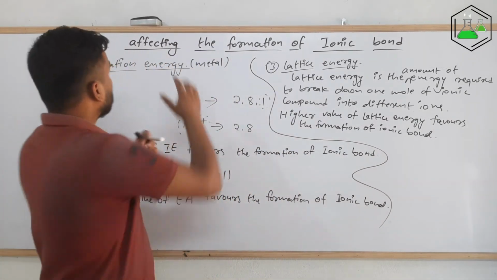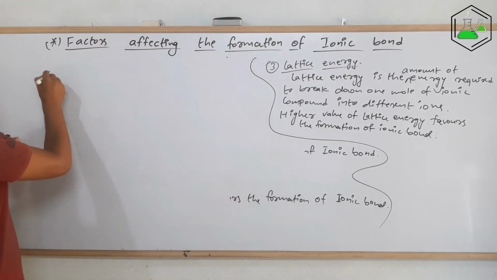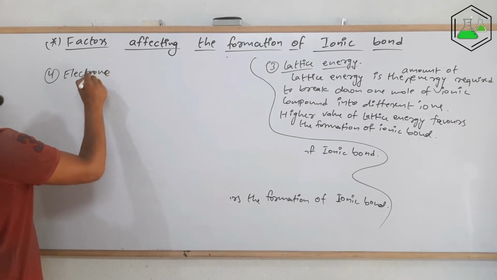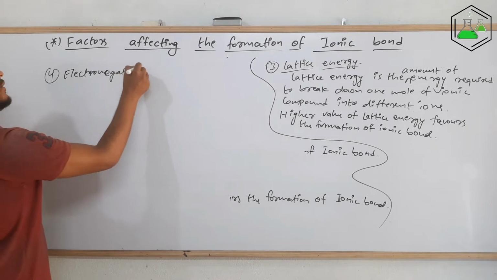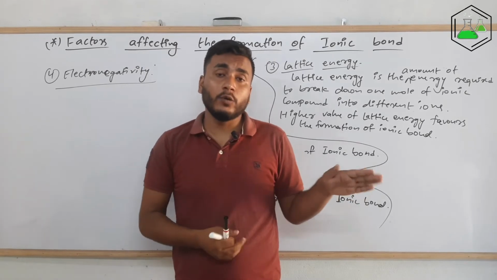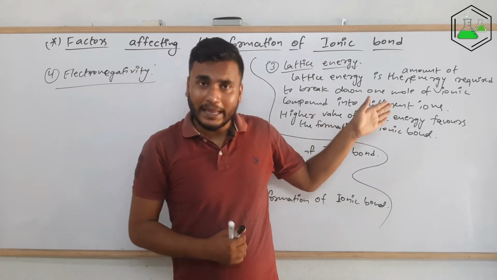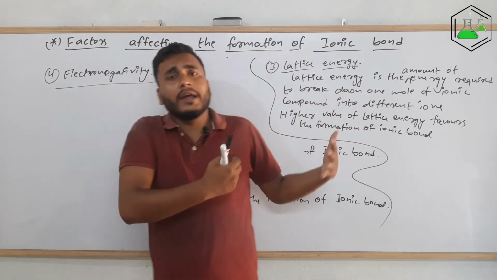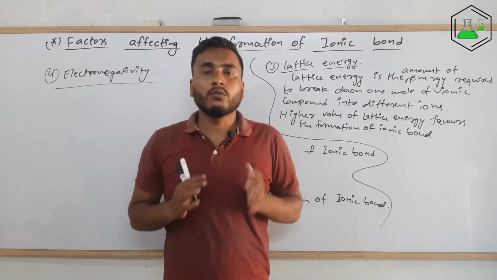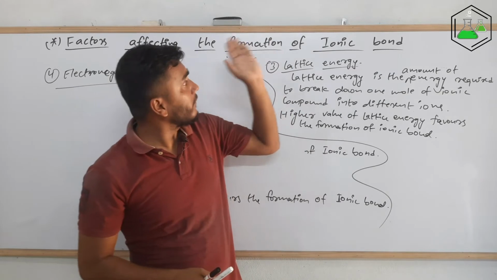Now finally the last one is the electronegativity. Now the fourth one is electronegativity. Do you know the meaning of electronegativity? Electronegativity is the tendency of an element to attract the electron pair towards itself. If the anion is pulling electron with a greater force, then obviously the cation will not have any problem losing the electron. That's why if the electronegativity difference between different atoms is very high, then that favors the